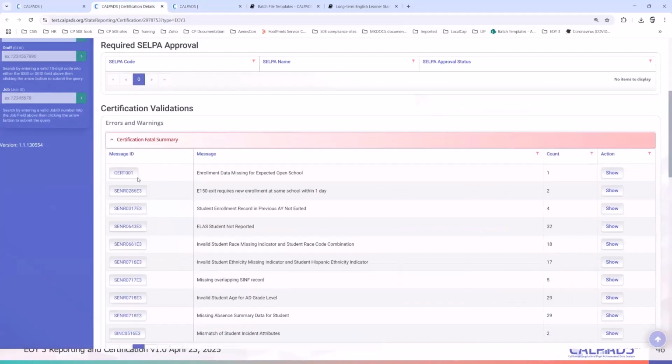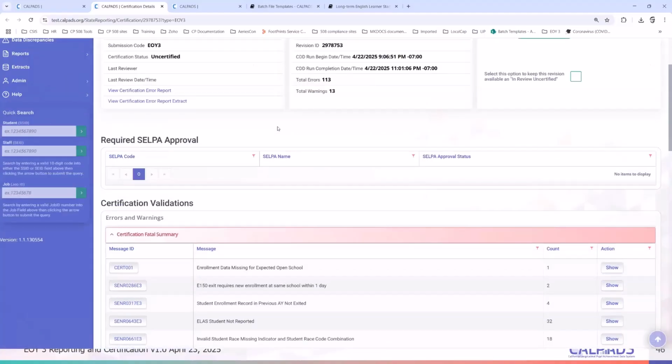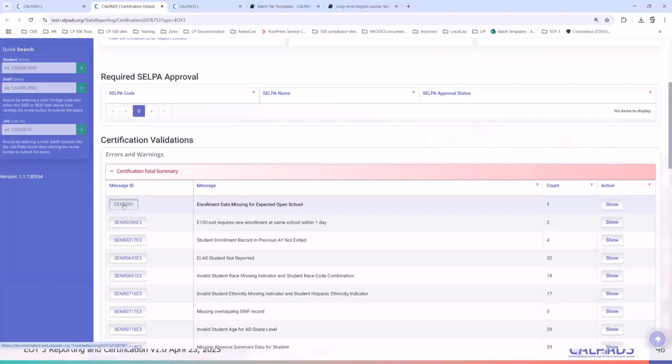Number one would be cert one. Let's just go to the certification errors. So you have cert one. Once you have your snapshots activated on May 6th and you see a cert one and it pertains to a school that had no students this year and CalPADS still had it in the expected schools table, we highly recommend that you send in a service ticket asking us to exclude the school from the expected schools table.